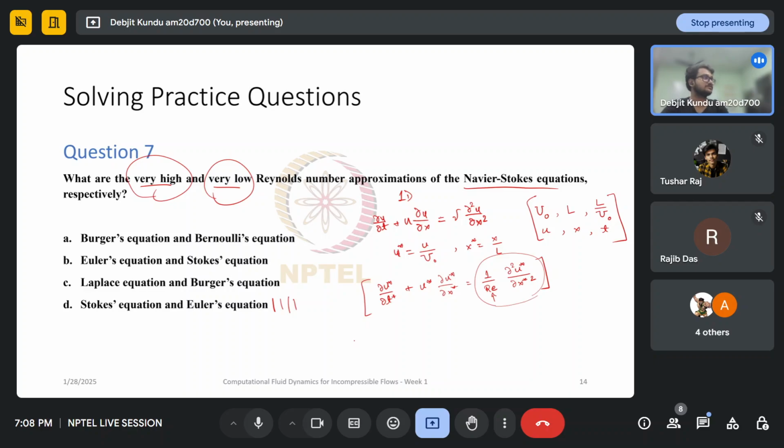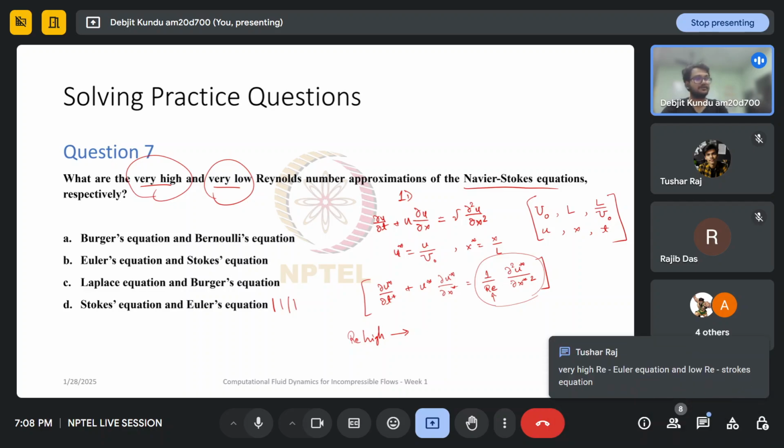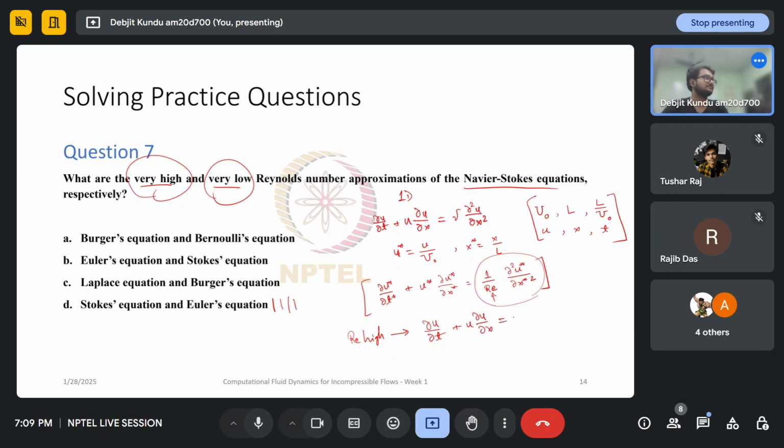So let's go for the high Reynolds number case first. When Reynolds number is very high, we can ignore this third term over here, and our equation simply becomes ∂u/∂t + u ∂u/∂x = 0. This is one approximation. And Reynolds number very low,